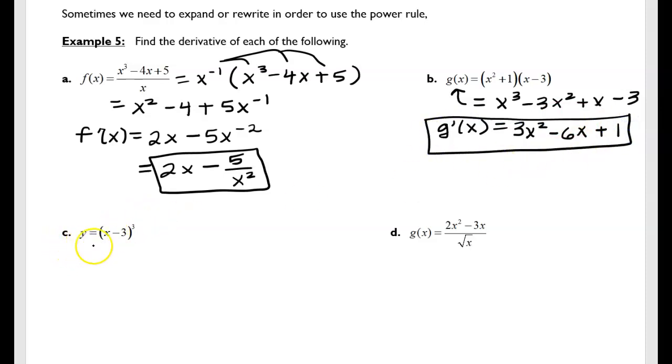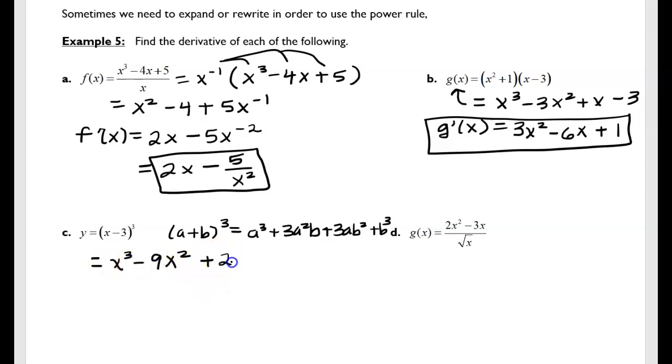A similar idea in part C, we have x minus 3 cubed. And so you want to use the binomial theorem to expand that. So remember that if you have something like a plus b cubed, that's a cubed plus 3a squared b plus 3ab squared plus b cubed. So in this case, our a is x and our b is negative 3. So when I expand that, I will get x cubed minus 9x squared plus 27x minus 27. And so then I can take the derivative of that